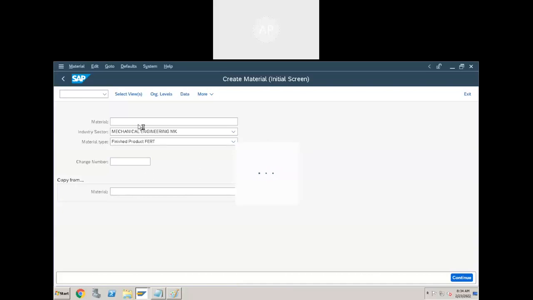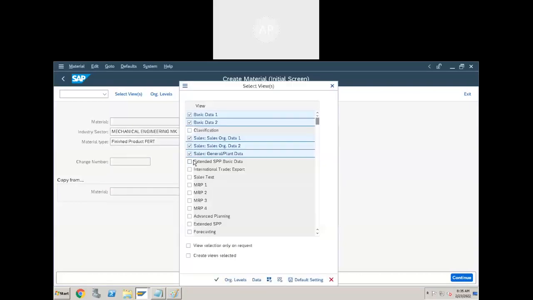So these are the screens users are going to use. End users are going to use these transactions and screens. What we do is enhance or create custom screens for them. They're not going to use tables. They don't know what the program name is. They just use a screen. We provide a transaction code and they use that screen.